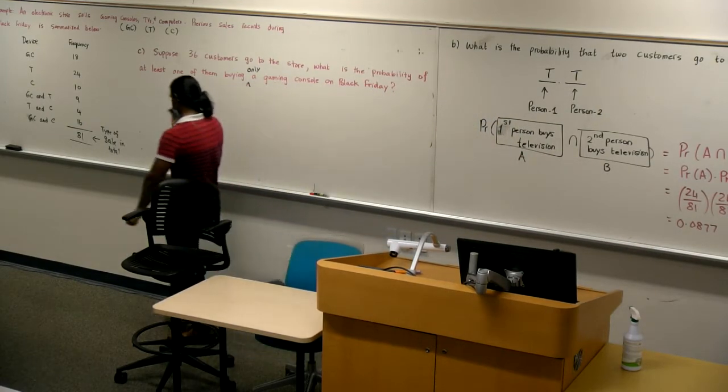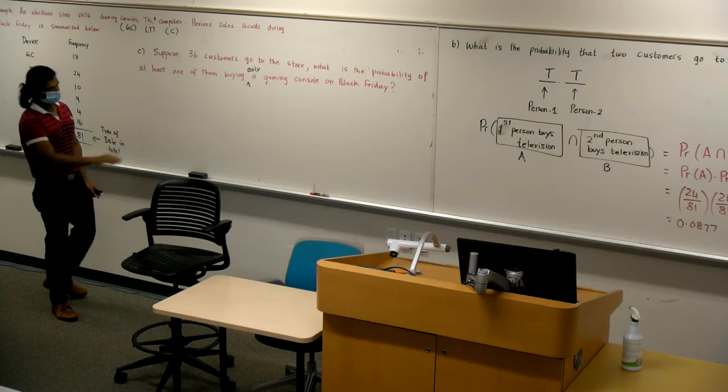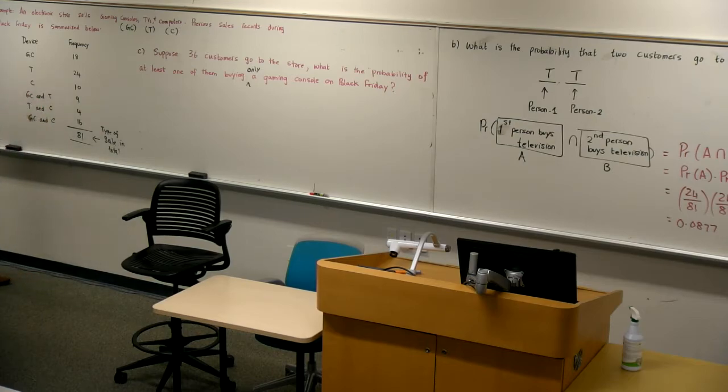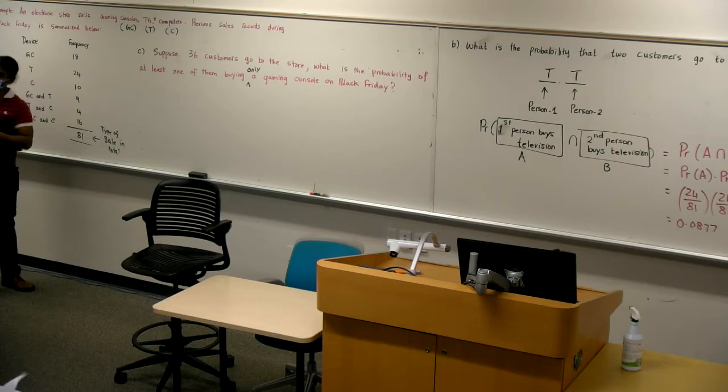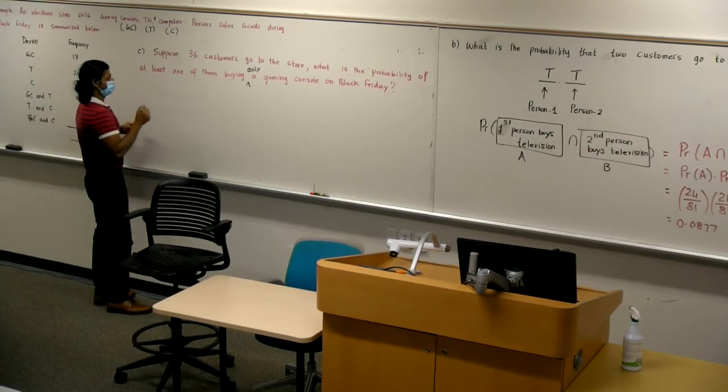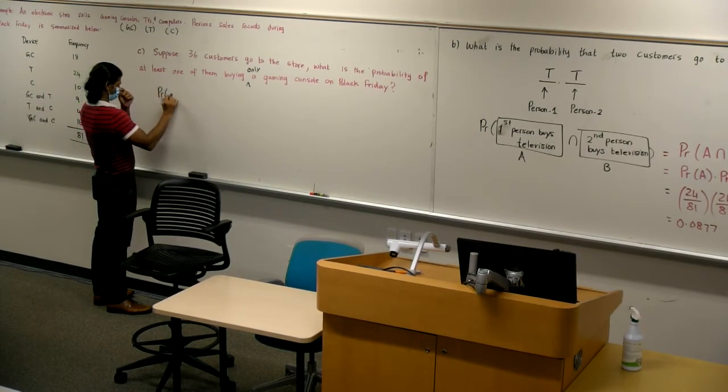So we have 36 customers who go to the store, and we want to know what is the probability of at least one of them buying only the gaming console event. In other words, either 1 or 2 or 3 or 4 or all 36, keep on going. Do you really want to sit there and compute all of those probabilities? No. No. There has to be an easier way. So probability